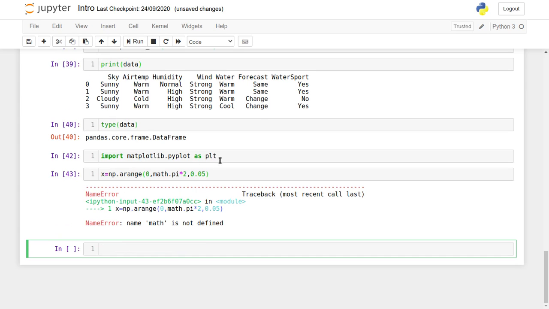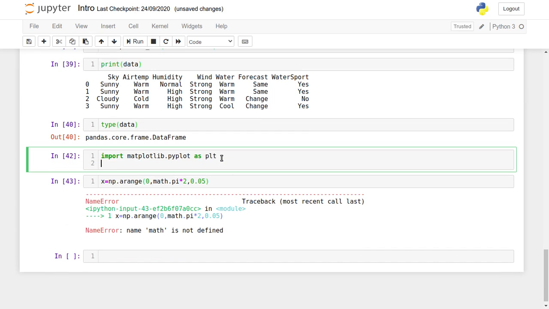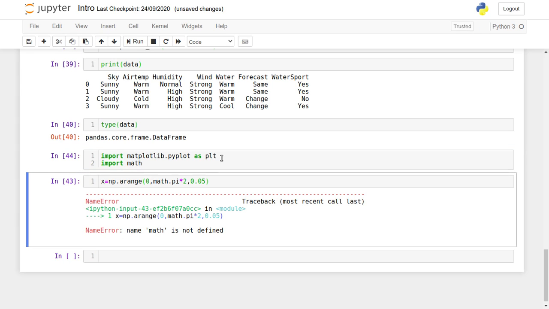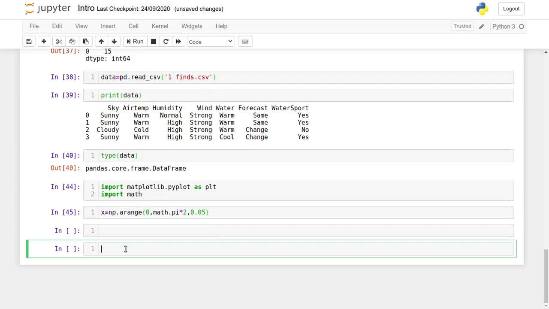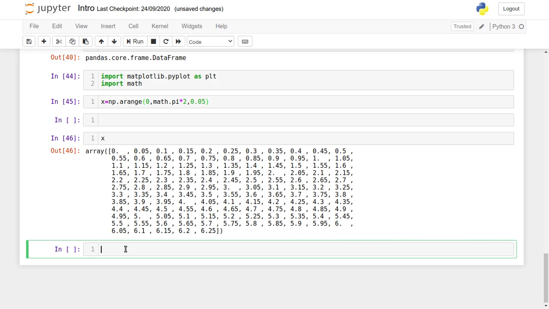We will import the math library here, which contains mathematical functions. If we are interested, we can visualize the values of x. These are the values in the range 0 to 2 pi.